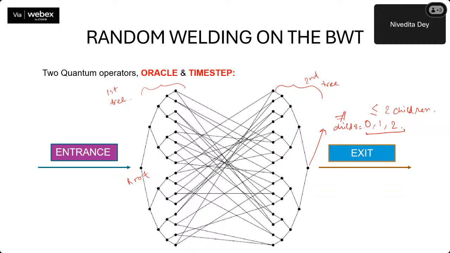Then it is called a binary tree. A three-array tree is the same, with less than or equal to 3 children. An n-array tree is the same, with less than or equal to n children. Likewise, we follow. So here, from an entrance till an exit, we are thinking right now, say for example, a